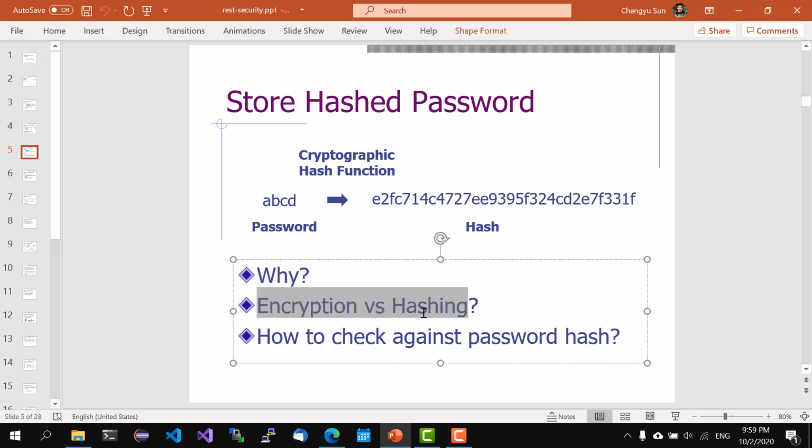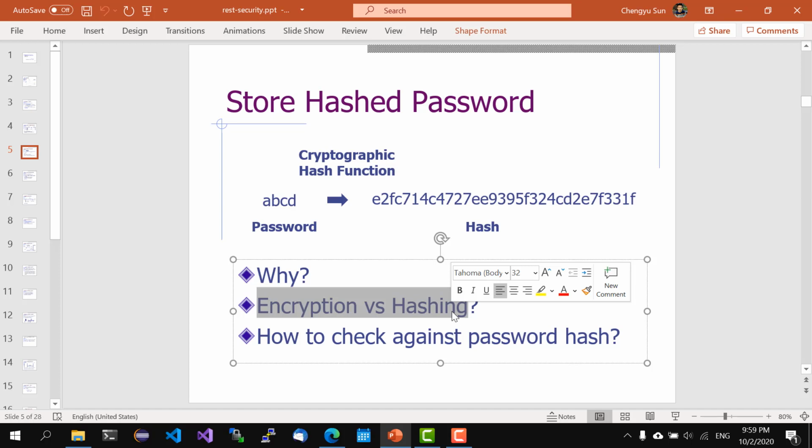So at this point, you may be wondering what's the difference between encryption and hashing, as they sound pretty similar. The short answer is encryption is reversible, meaning you can take something, encrypt it, then later decrypt it to get the original. Hashing, on the other hand, is one way, meaning that in theory, you should never be able to